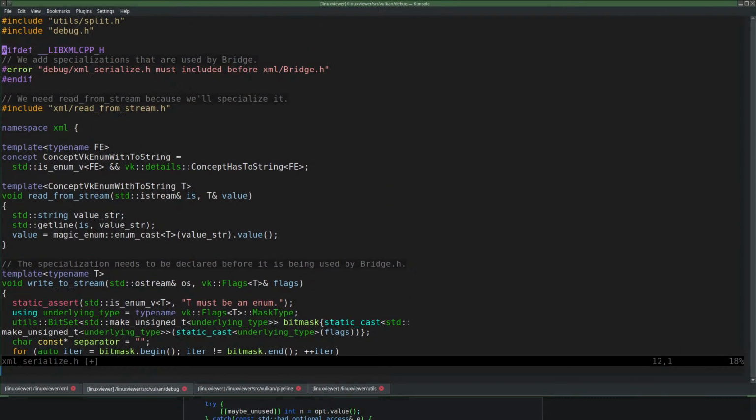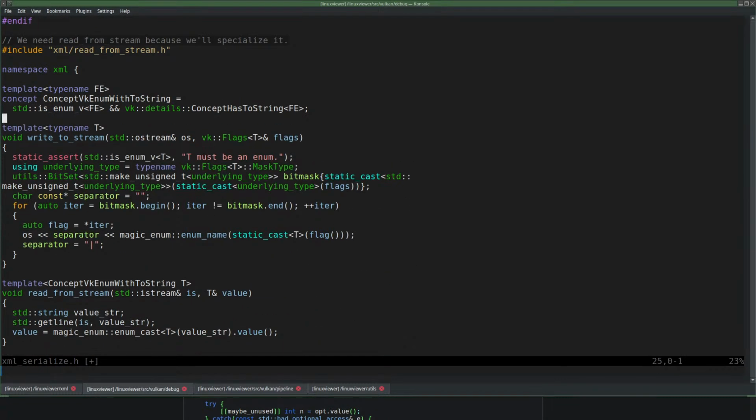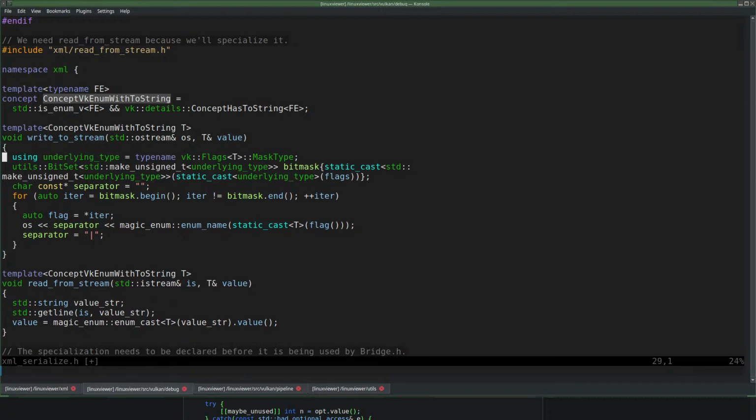Right, and then, well, let's add the write to as well, I guess, because the enum t. No, that doesn't work.